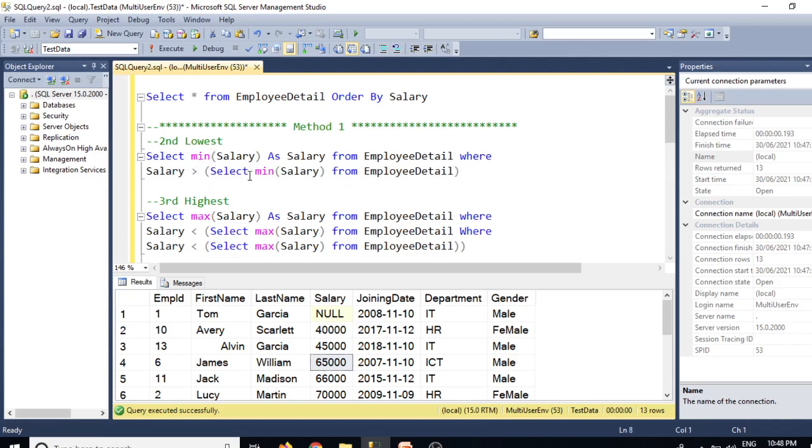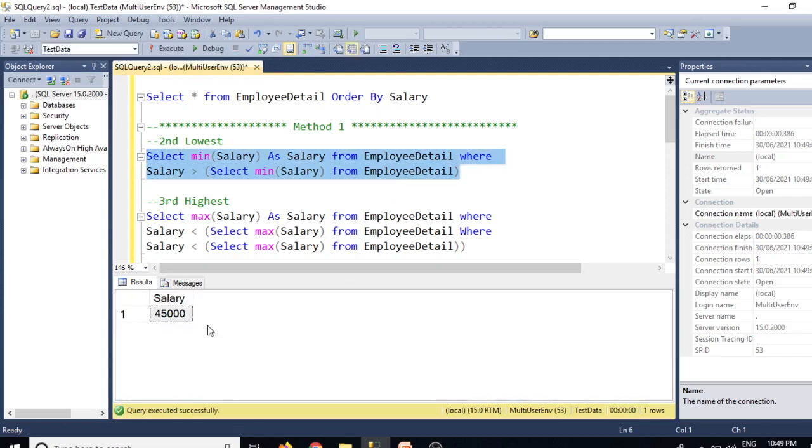These are the changes you need to make, just the opposite of what we have written for highest. So I'll explain how we get this. This is for the second lowest. So what is the second lowest? 45,000. It won't consider null, so it will give me 45,000. So here you can see 45,000.